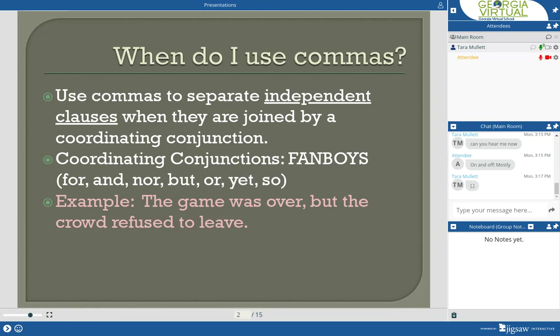These are the general comma rules we're going to cover, and then we'll look at some of them a little bit more specifically. So when do I use commas? Use commas to separate independent clauses when they are joined by a coordinating conjunction. This is your first comma rule. Coordinating conjunctions can be memorized by memorizing the word fanboys, F-A-N-B-O-Y-S. For, and, nor, but, or, yet, and so, fanboys. So those are the coordinating conjunctions, and anytime you use one of those coordinating conjunctions, generally you should